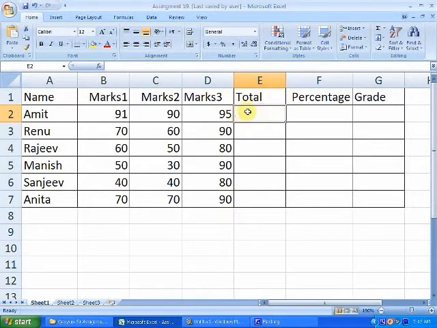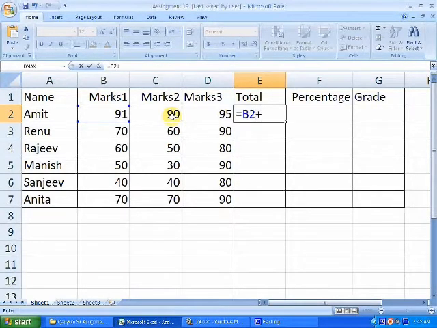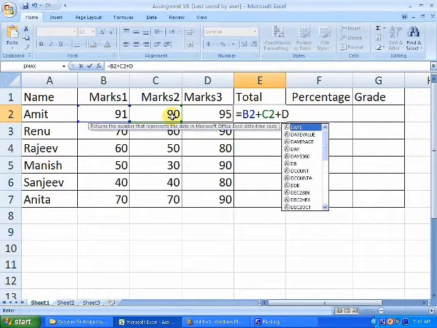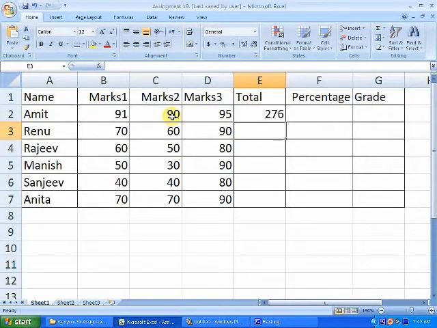So to calculate the total you need to click here, press equal to and then say B2. We are writing the formula to add these marks, B2 plus C2 plus D2. So that's it. Press enter. It will give you the answer. 276 is the total. And go one up